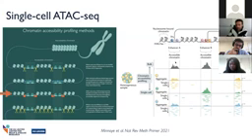And even though at the single cell level, this technique provides relatively sparse data, with only a read that covers an accessible region in a single cell once in a while, even though that is sparse, if we can group single cells based on this sparse data, if we can put the similar cells together in clusters, in cell types, then by aggregating this signal over all the cells of the same cell type, we can find regions in the genome that are specifically accessible, such as here in the green cell,